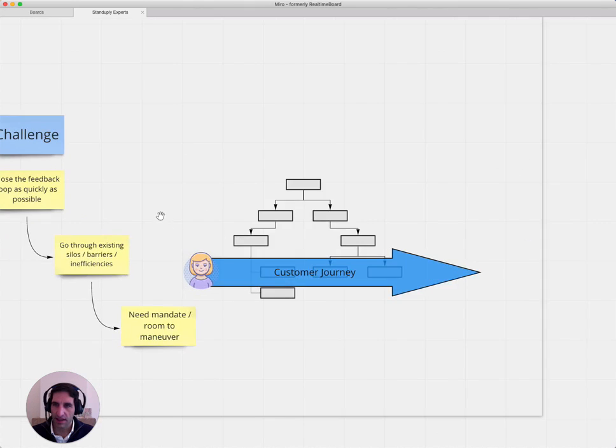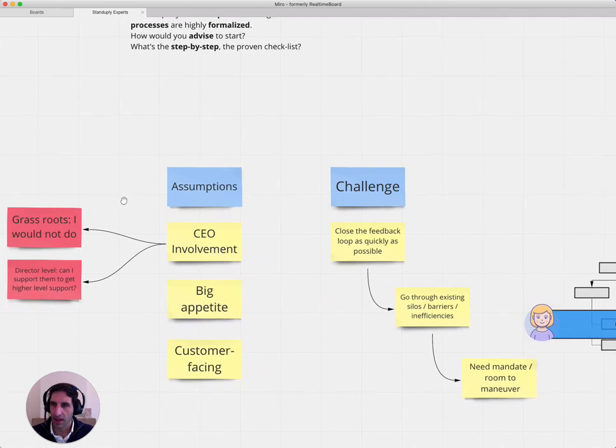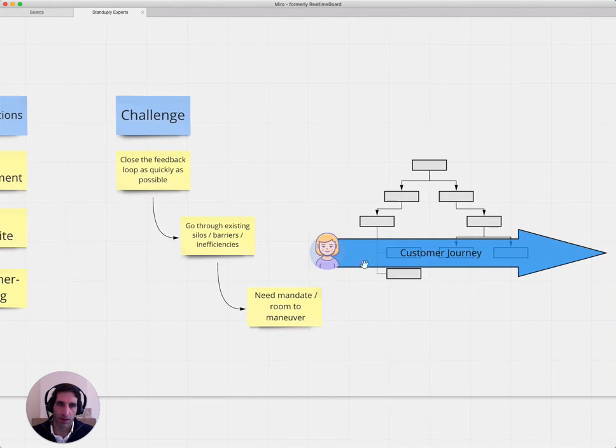So that's why I say, if we do it grassroots, meaning we are looking at helping these teams find a way to organize themselves in an agile way, this will probably be very difficult. It almost doesn't matter how good the will of these people is and how much they want this thing to succeed.